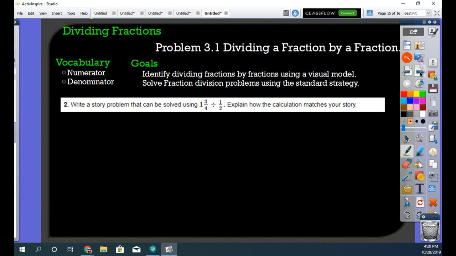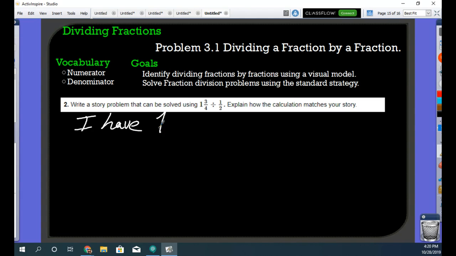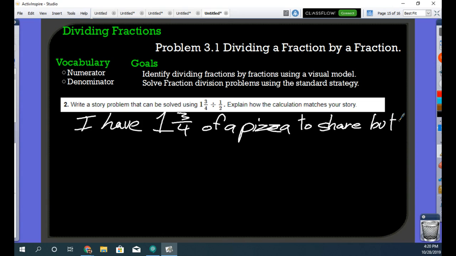Problem 2, write a story problem that can be solved using 1 3/4 divided by 1/2. Explain how the calculation matches your story. Now I could say I have 1 3/4 of a pizza to share, but my friends all only eat